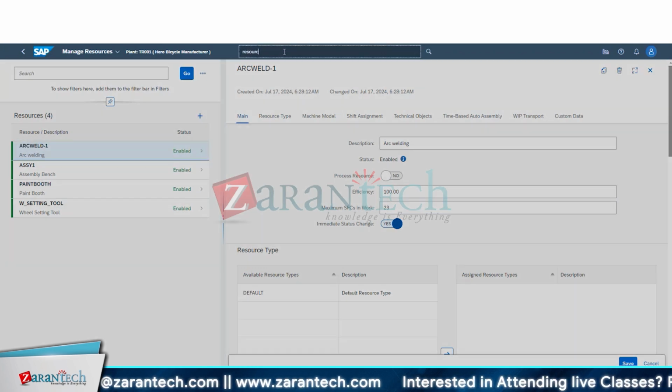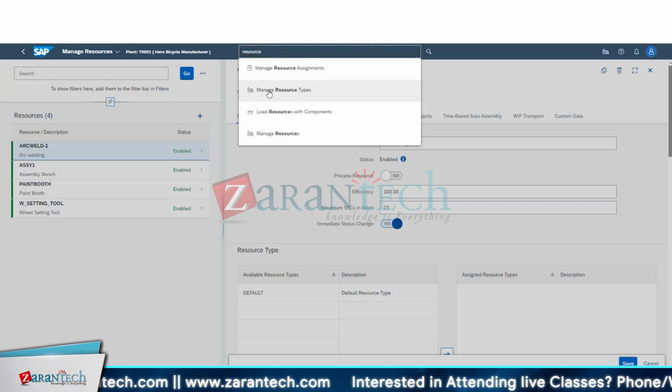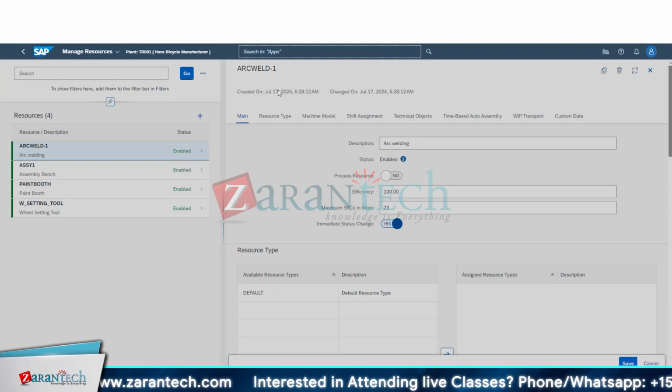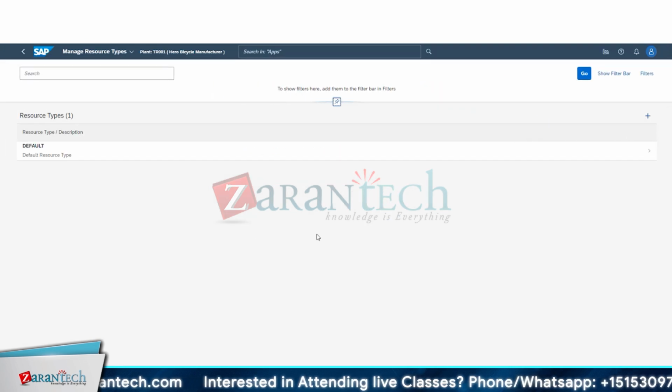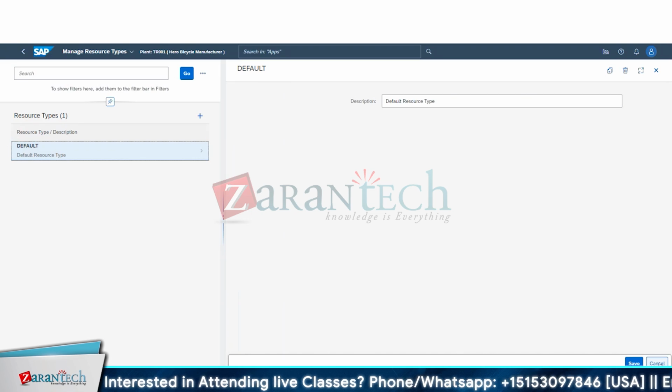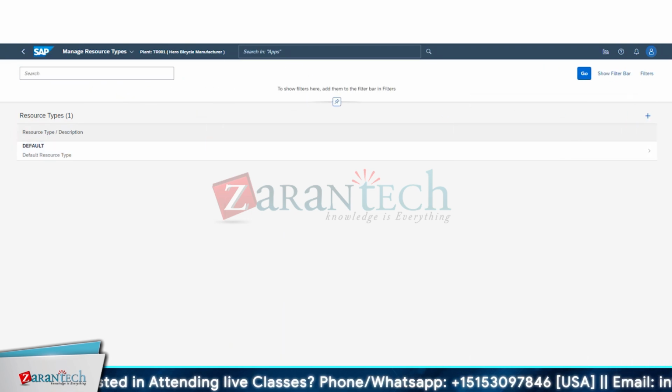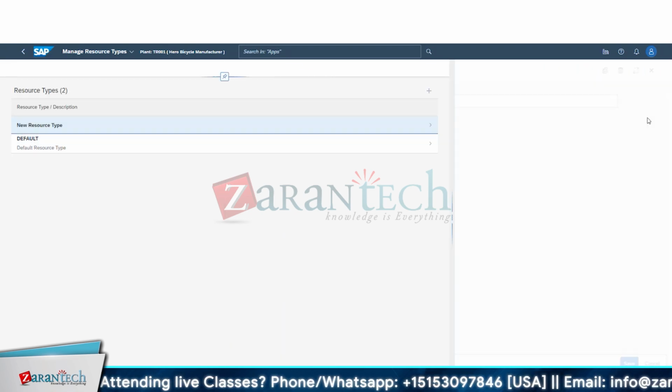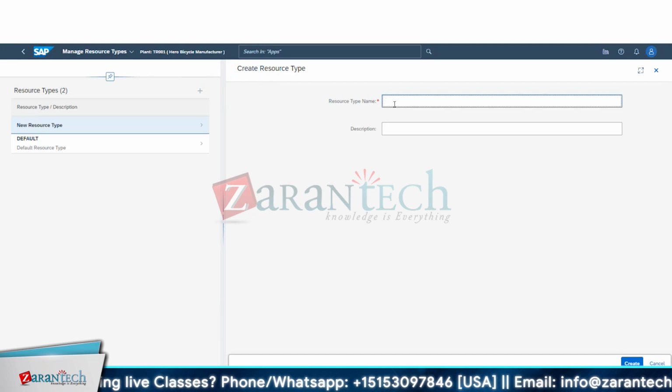We have a resource type here. There's one default resource type which has been created by the system on plant creation. I will create the